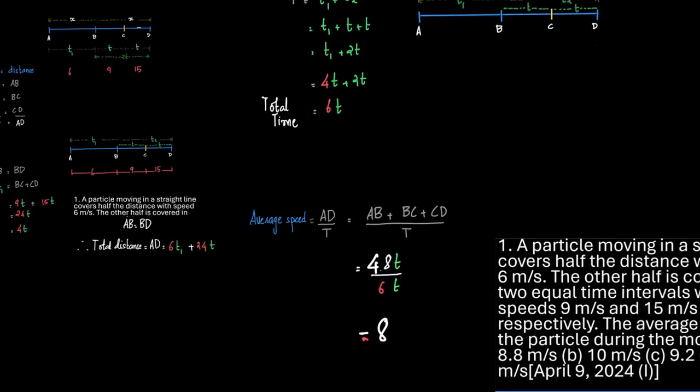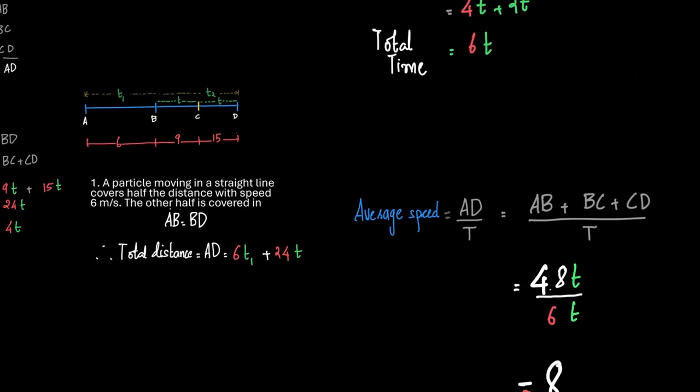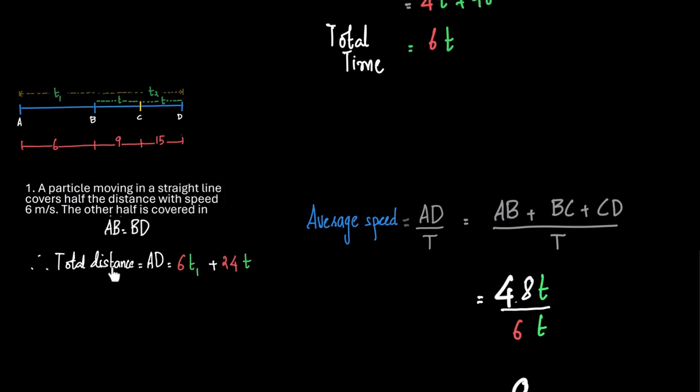And if you have both, total distance is 6t1 plus 24t, which I can write out. What is t1? t1 is 4t, right? So this becomes 6 into 4t plus 24t. 6 into 4 is 24. So basically this becomes equal to 48t, right? And what is the total time? Total time is 6t. Now, what is average speed? Path length by time. Path length is 48t. Total time is 6t. So we have 48t by 6t to be